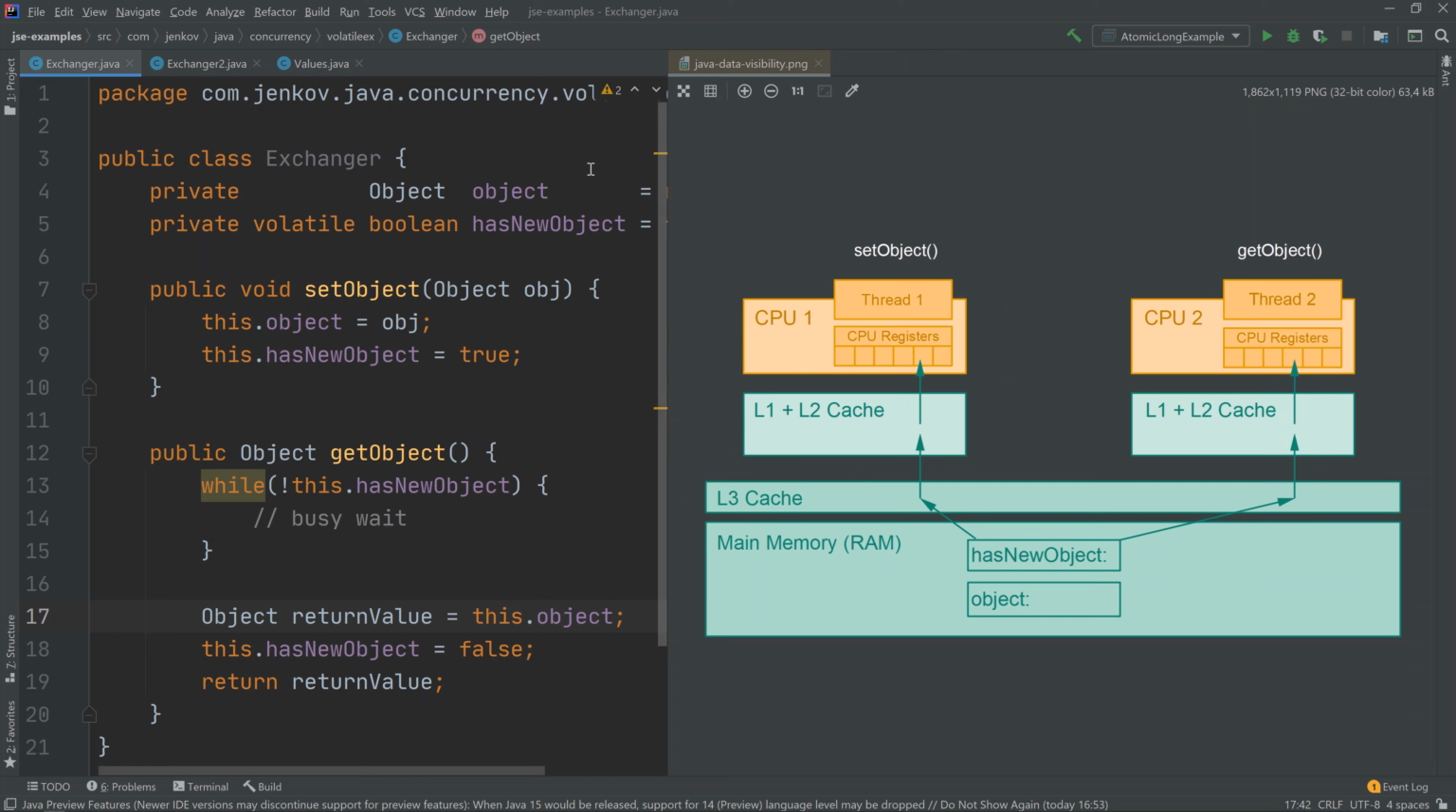So if you imagine for a second that neither of these two variables were declared volatile, then what could happen is you have thread 1 calling set object. It sets two new values for object and has new object. But the Java virtual machine decides to keep these values only in the CPU registers and not push them back to main memory. So when thread 2 calls get object down here and tries to look at has new object,